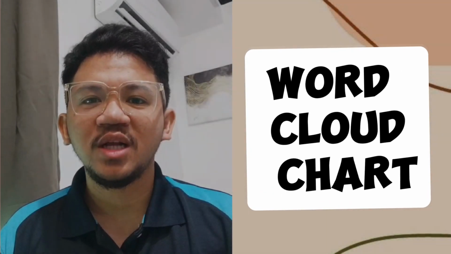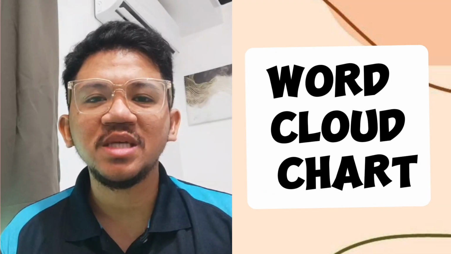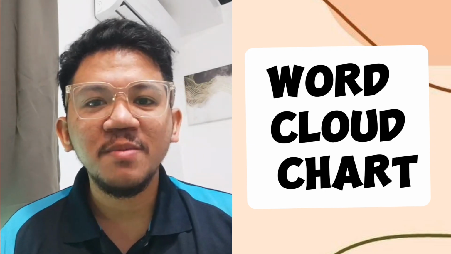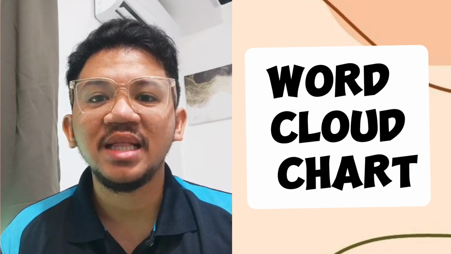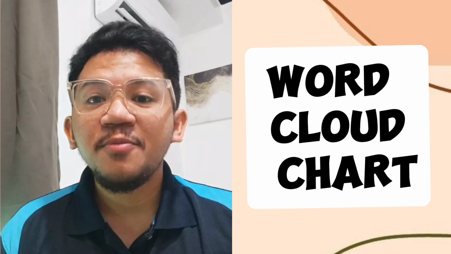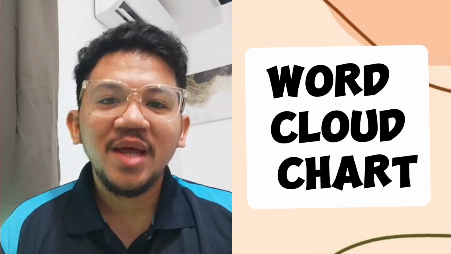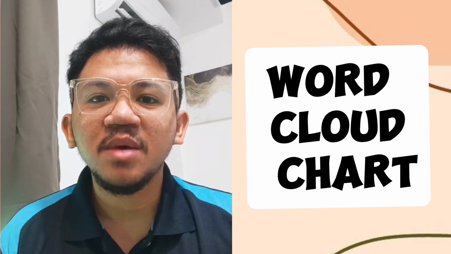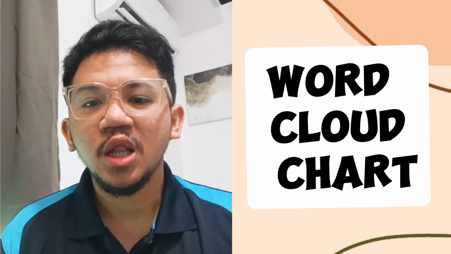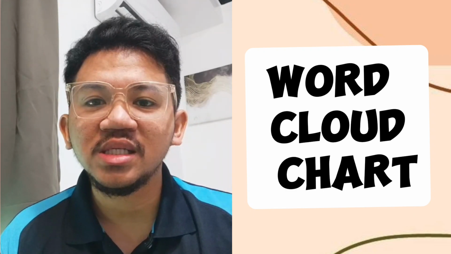Visual 4 is a word cloud. A word cloud is a visual representation of text data where the size of each word indicates its frequency, importance, or value based on a specific measure. In Tableau, word clouds can be used to analyze and present text data in a visually appealing and easy to understand manner. This graphical representation helps identify frequently mentioned words in the dataset, allowing users to quickly spot trends, patterns,